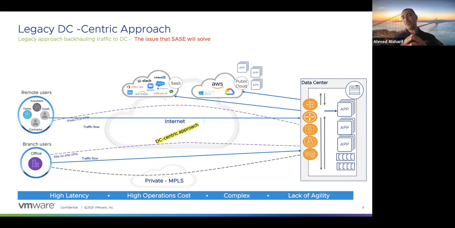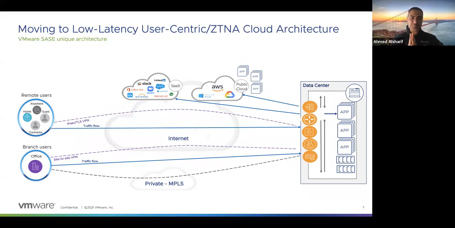So very complex, not something that's fun to work with. And most of my IT people are really busy managing these devices. So we need to move away from this approach. The whole world actually is moving away from this approach. Everybody understands this problem, but I put it there just to be on the same page. So SASE will solve this problem, okay? Let's see what SASE did to solve this problem.